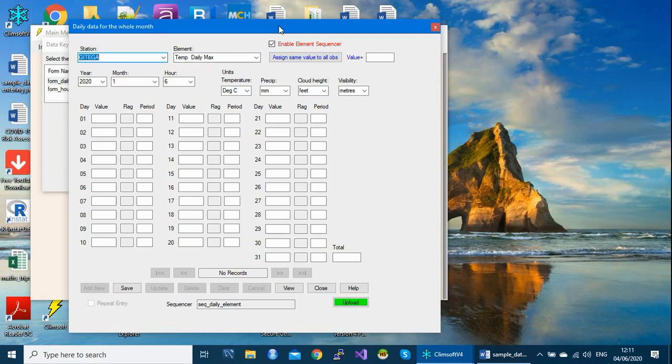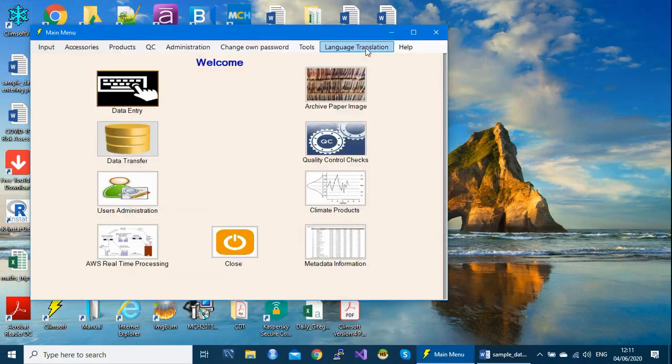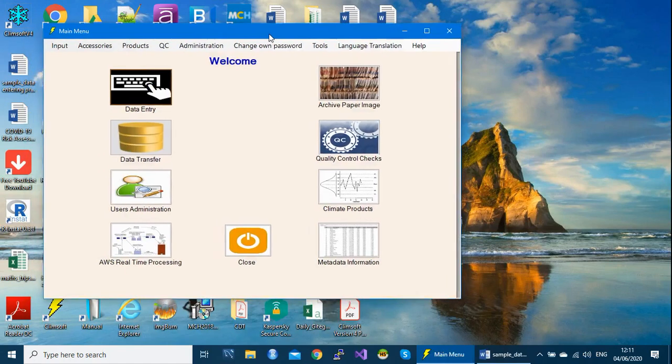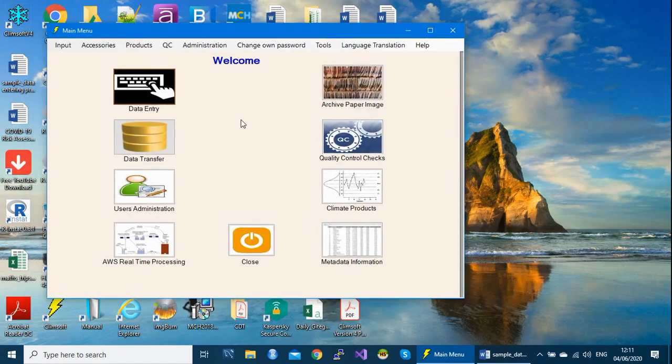So here what you need to do is to set your sequencer. If you close this one, you want to enter data for only precipitation. So in this case you need to set your sequencer to allow only one parameter.